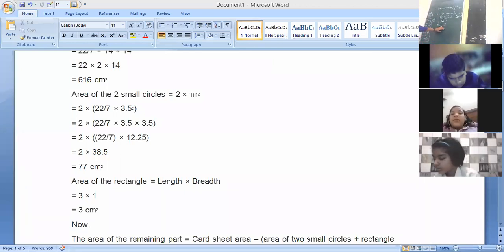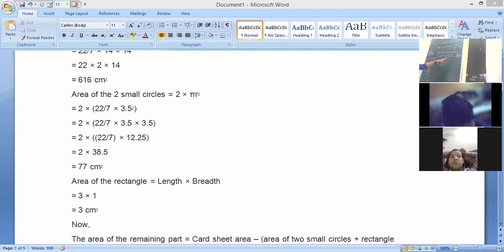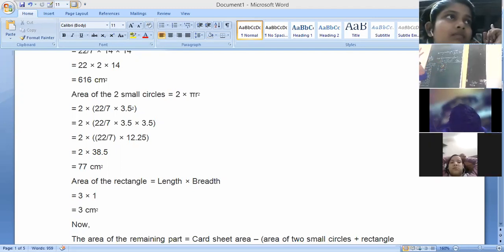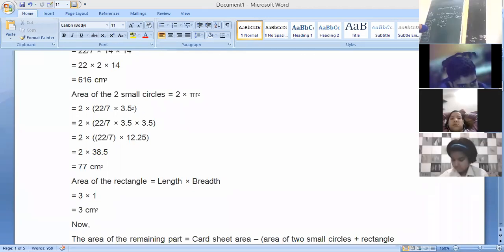In question number 11, a circular part of radius 2 centimeter is given. This part has to be cut off from a square sheet. This is a square aluminum sheet, and we have to cut a circle from there. One side is given 6 centimeter. First of all, we'll take out the area because we have to cut the circle from inside the square. If we needed a boundary, then we'd take out the circumference. But here we need the inside part of that sheet.